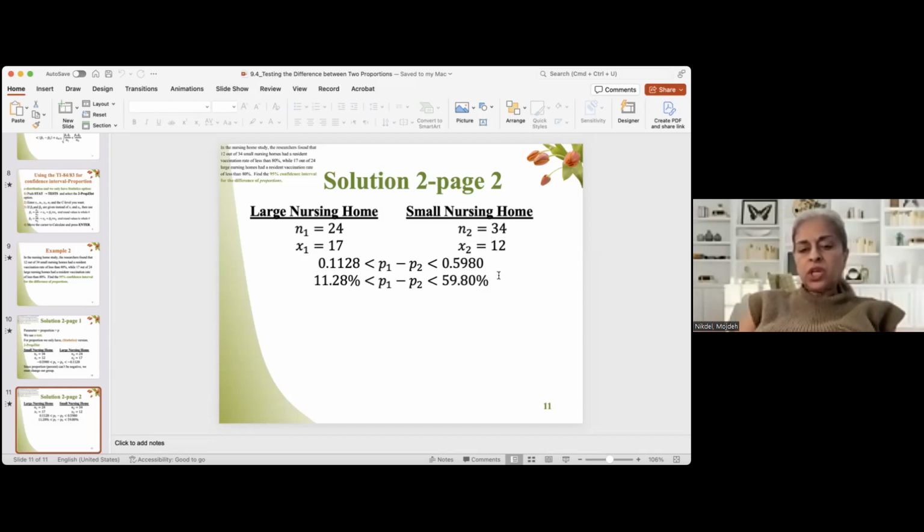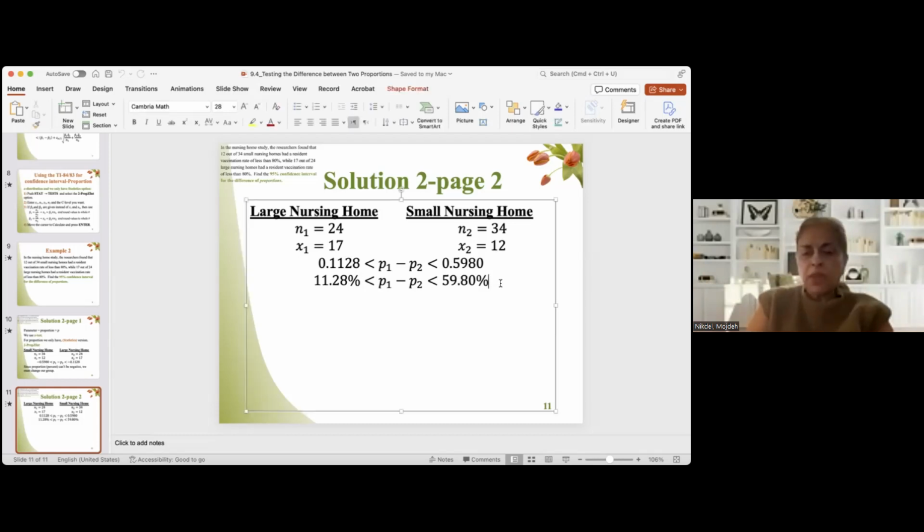Then I change my decimal to percent. So make sure if both numbers are negative, you change for proportion. I'm talking about proportion. Switch your group. But if you end up with something like this, negative 0.1234